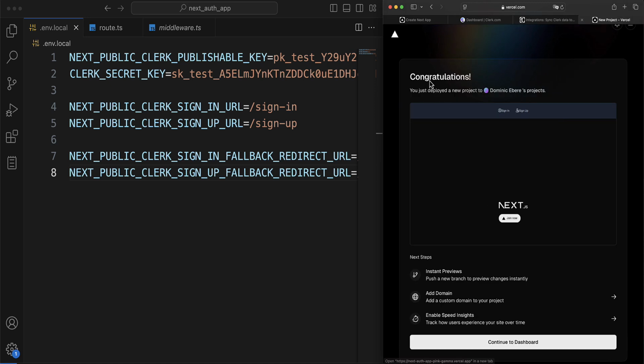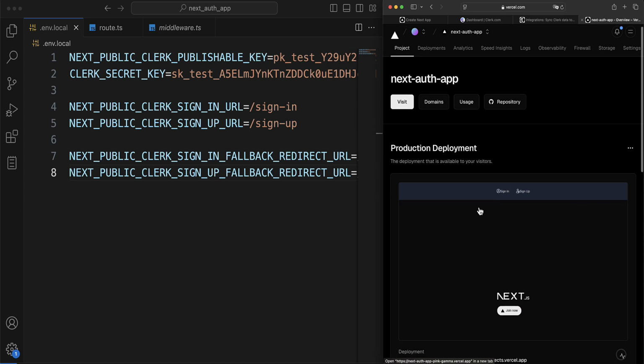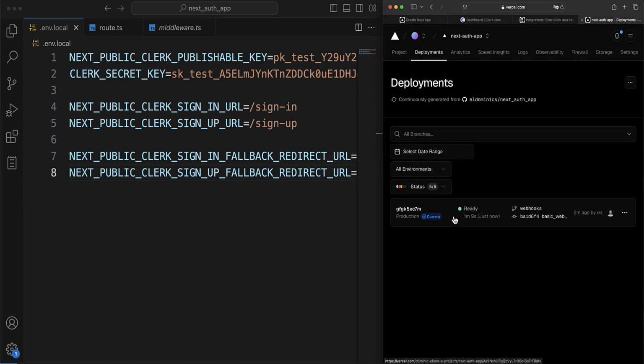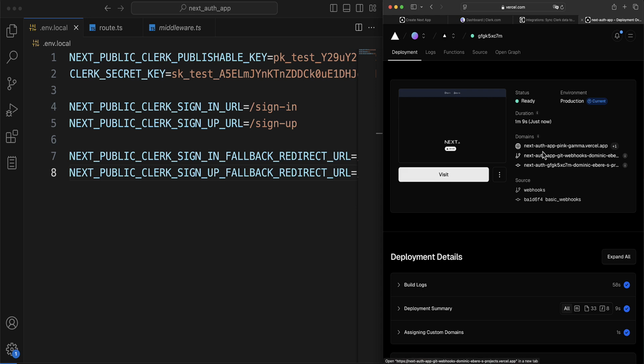All right, so it says congratulations, you just deployed a new project to Dominic Ebere's project and all of that. So let's go to the dashboard right here. Yeah, so to the dashboard, I can click on deployments right here, and then click on this one, and then this is the URL that we need. So I can just copy this right here, the first one right here, Ctrl C,